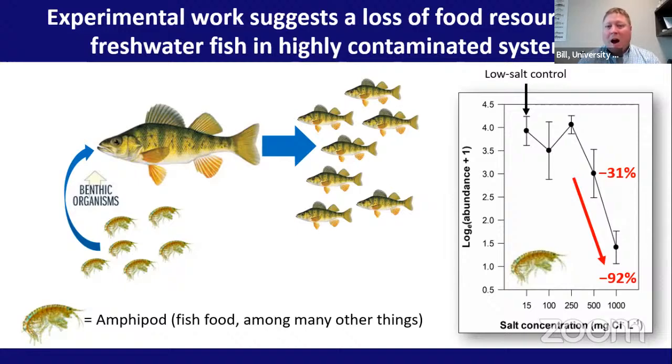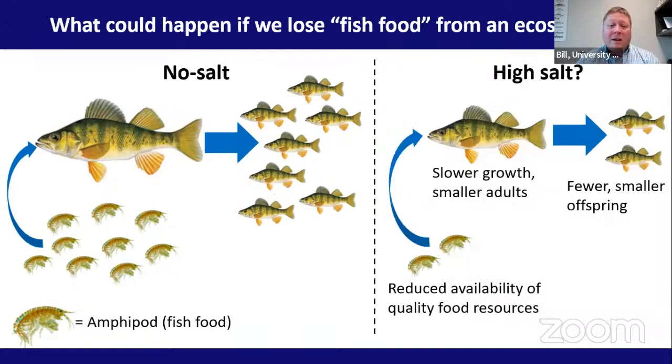But when we see high concentrations of salt, we see a pretty noticeable decline in these amphipod species. And so yellow perch love to feed on these amphipods. And what we're kind of working on modeling right now is that in a freshwater lake, for instance, if we were to reduce the availability of some of these critically important food resources, how might that affect certain